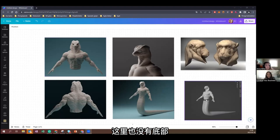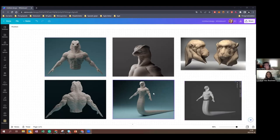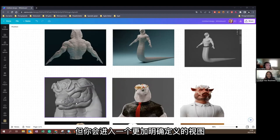Also, no bottom here. Here you have the two parts, and eventually they are put together. Wow. So yeah. And then after this sculpting, it looks like this. You go into a view. I didn't have an image of that right now, but you go into a view like this